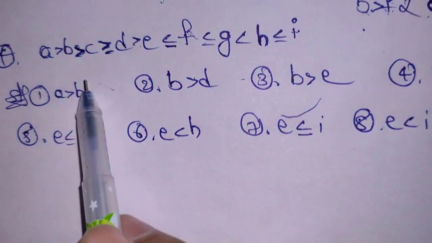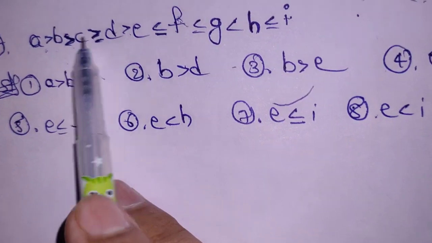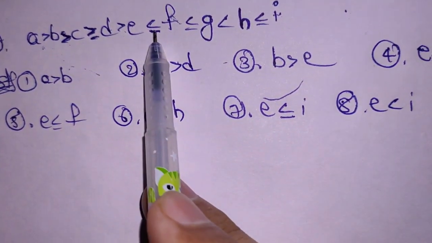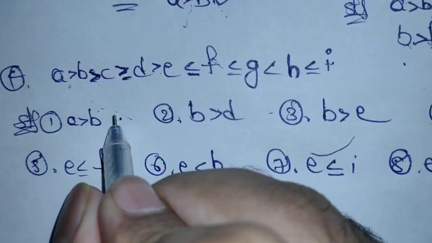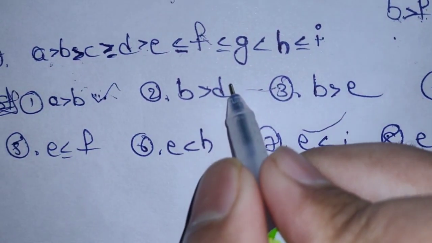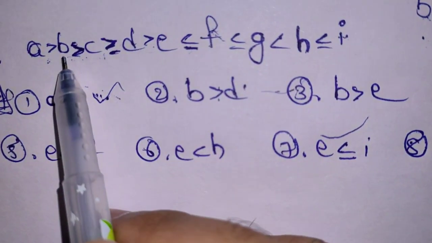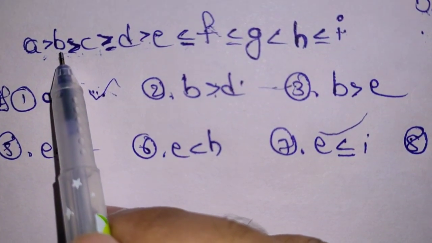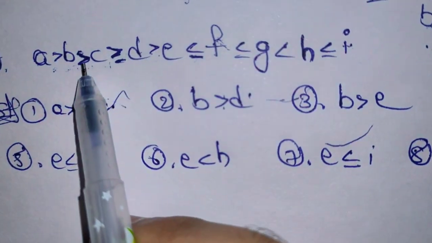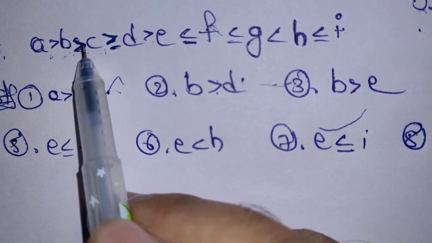Let us move to the next question and the next rule. In inequalities, we have this question: some are greater than symbols, some are greater than or equal to, some are less than or equal to, and some are less than symbols. Here are some statements: a greater than b, it is true, as the question itself says; b greater than d. So here it is the new rule. This rule says that if any symbol breaks in the middle, we have to choose the continuous symbol. The symbol which is continuous is the correct answer.